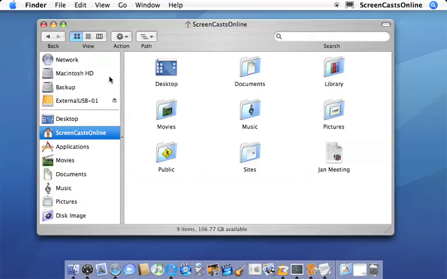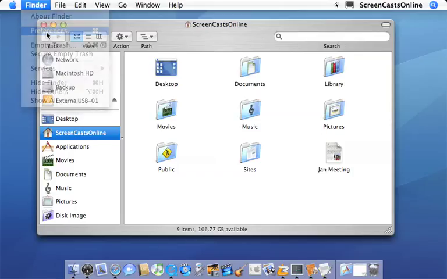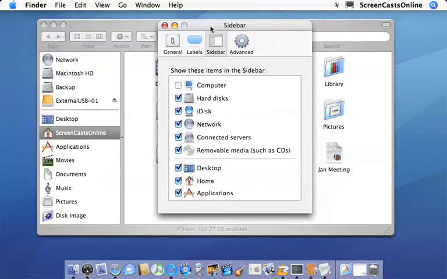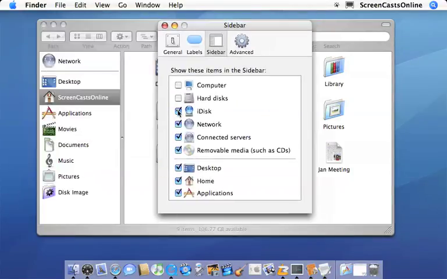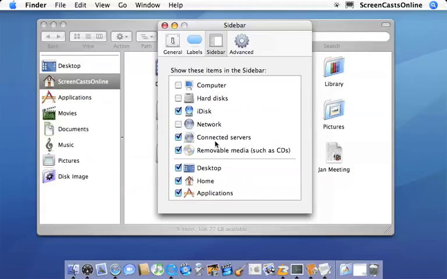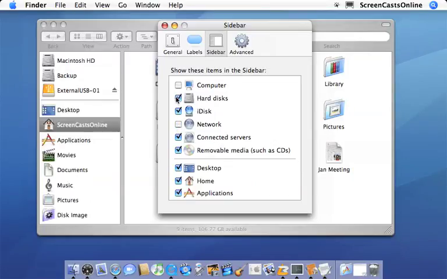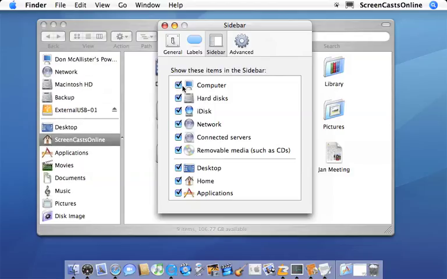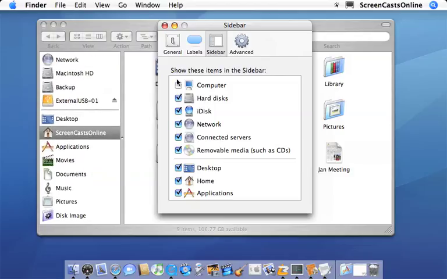It is possible to reconfigure this panel if you don't want these devices to appear. All you need to do is go to Preferences within the Finder menu and select Sidebar. And now, if I just move this out of the way, you can remove those elements that you don't want. I have no connected servers or removable media attached at the moment, but I can just put them back in again if I want. So you can change your view of that top sidebar pane. Actually, while we're in Preferences,